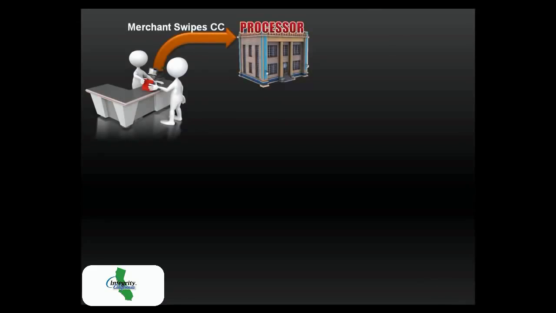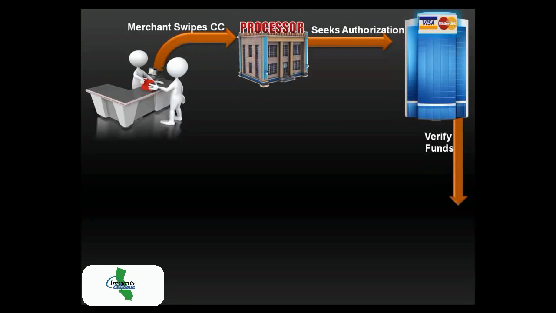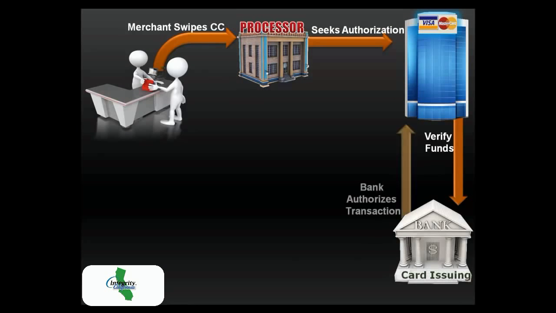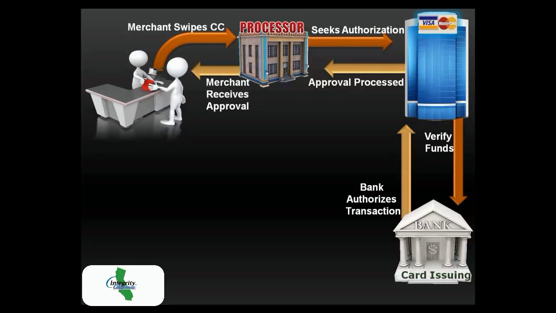It starts with a consumer presenting their credit card to the merchant. The merchant swipes the credit card and it is directed to the processor, which then seeks authorization through the card type network. Interchange directs the inquiry to the correct card issuing bank of the consumer. The bank then verifies the funds are available and returns a response of approved or declined. This authorization is then routed back through the supported card network and is received by the processor, which provides the